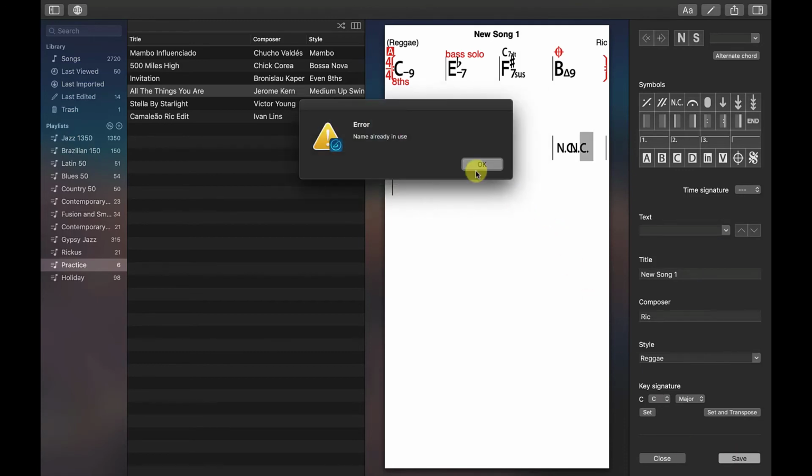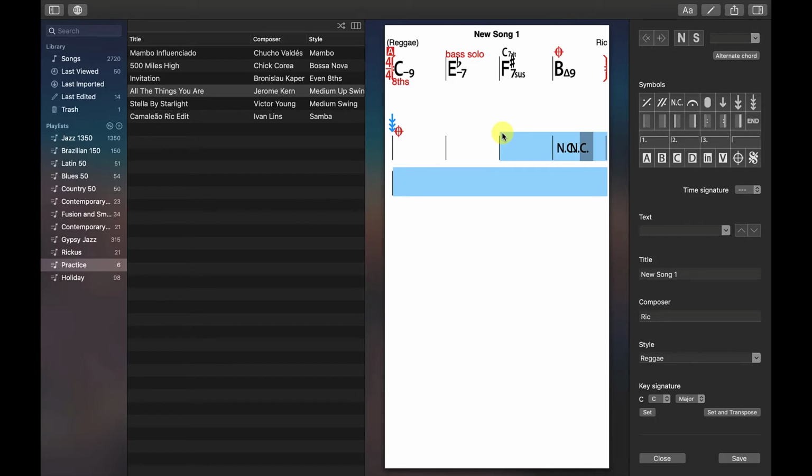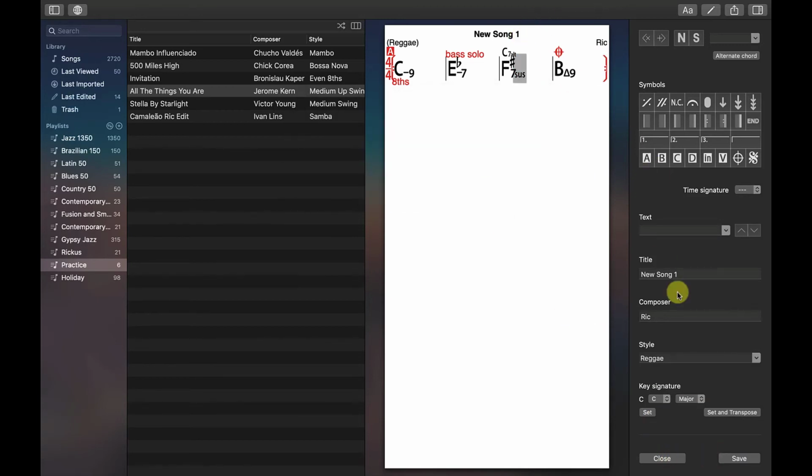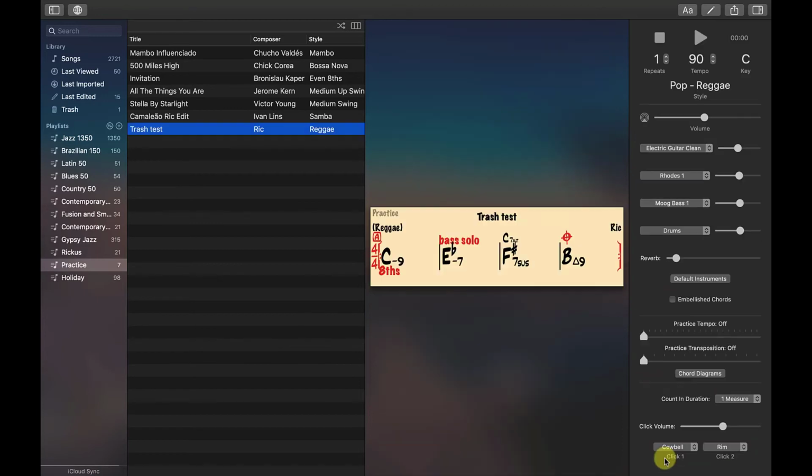Oh, sorry, there's no chords over here, so it's not letting me push save. So I'm going to have to get rid of all that stuff. And if I push save now, oh, name already in use. So it's nice to know. Okay, I'm putting trash test. Okay, save. That's done. Close. And now it looks like that. And if we want to play it,